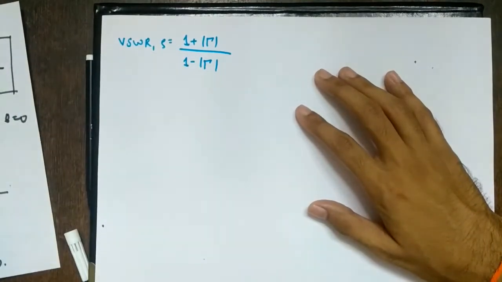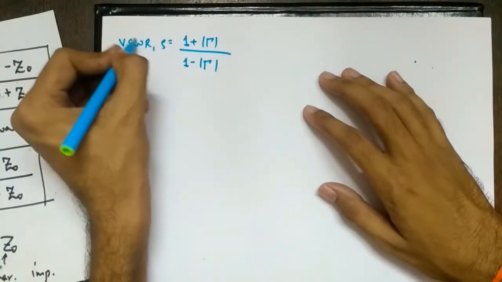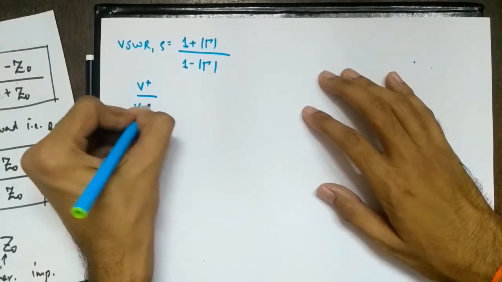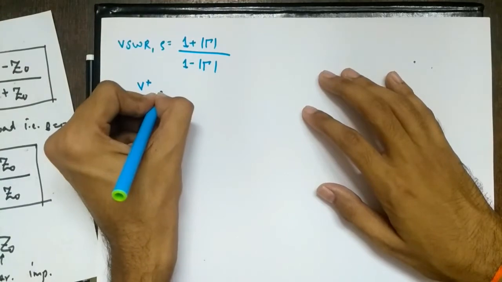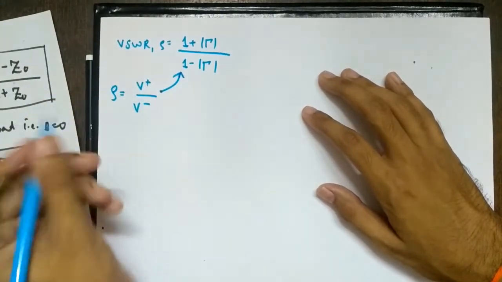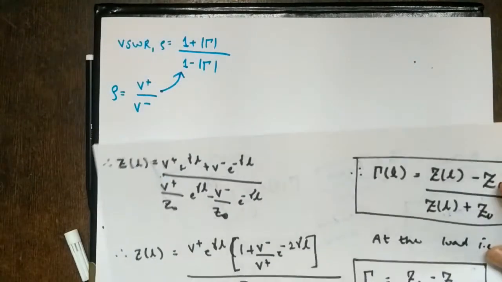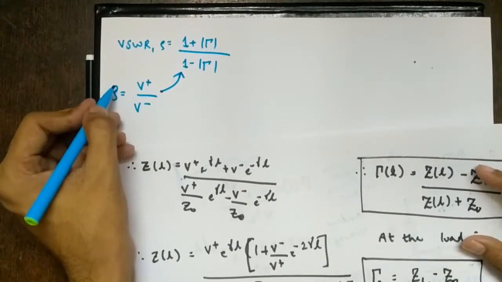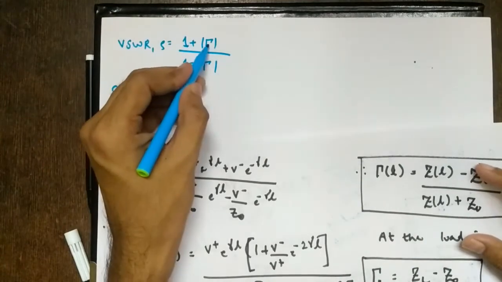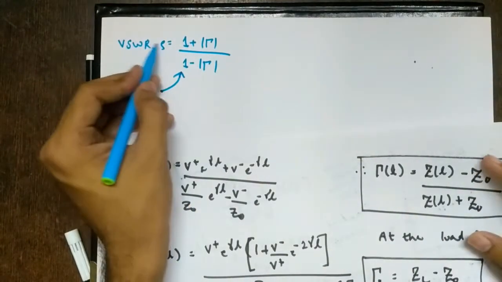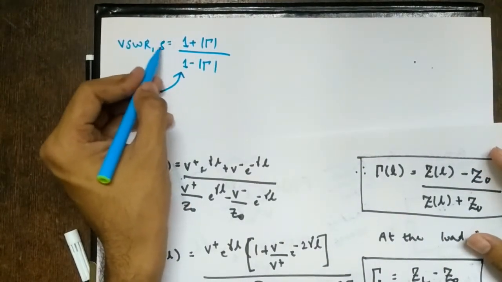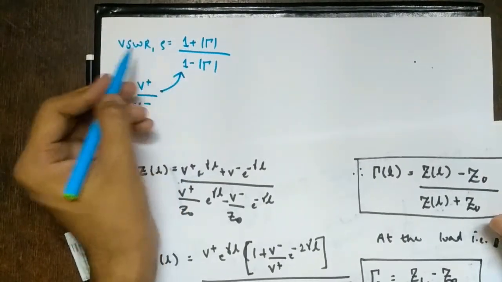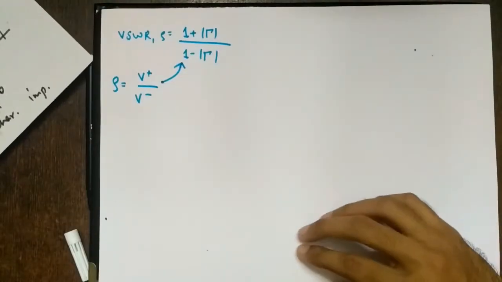So what is the advantage? It basically measures the standing wave ratio, right? So it is given as V plus upon V minus. If you substitute and calculate, you will get this formula. That derivation is not important, so I will not take it. So if you know VSWR, obviously you can find gamma, right? That is the reason we practically measure rho and analytically find gamma. So that is why VSWR is important.